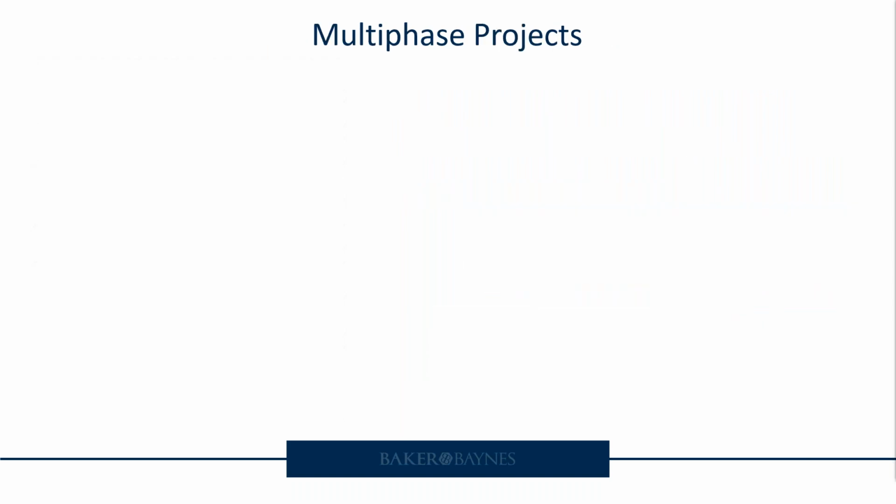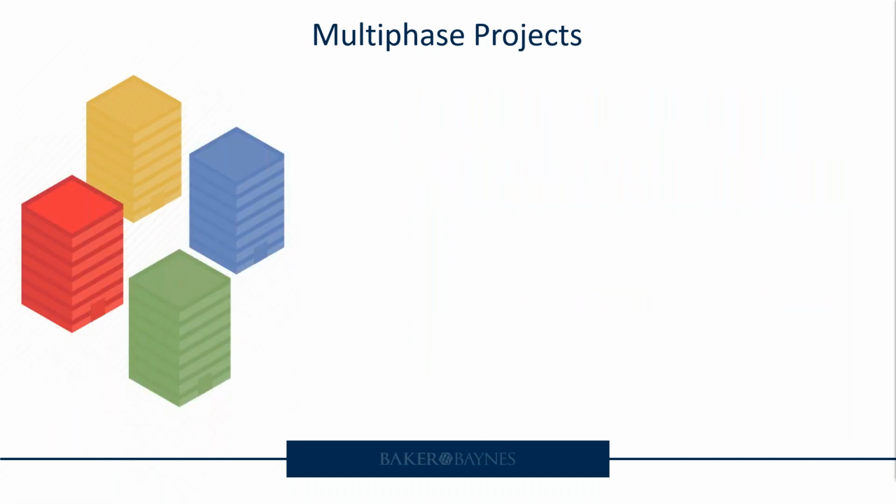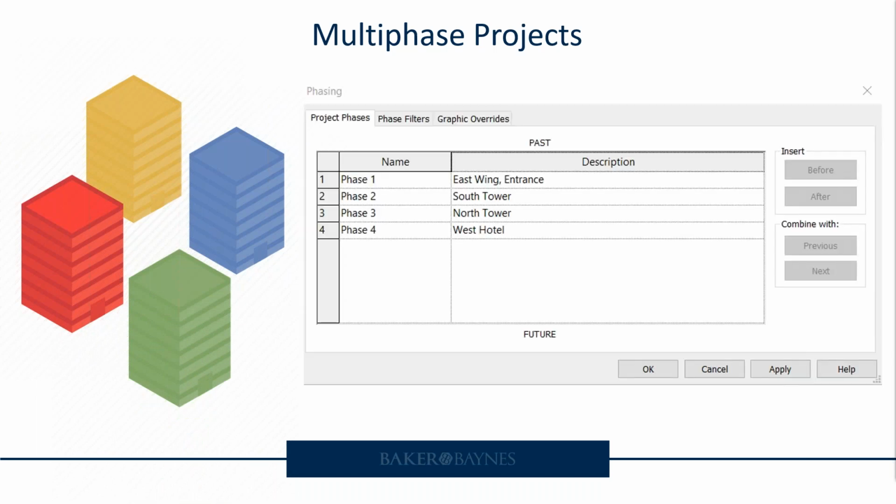Then if we are working with multiple projects or multi-phase projects, in other words, it's large projects with multiple phases in terms of the construction sequence, you can add as many phases as you need, and you can call it something like phase 1, 2, 3, or 4, or you can give it more descriptive terms if necessary. Also then in terms of a description for each phase, it helps being specific. For instance, saying which portion of the building or a wing are you referring to, that just makes it